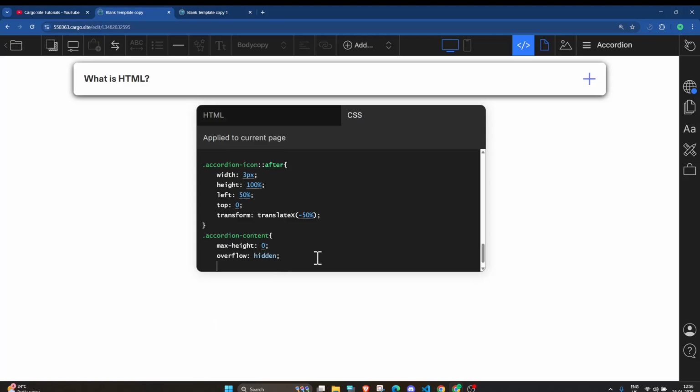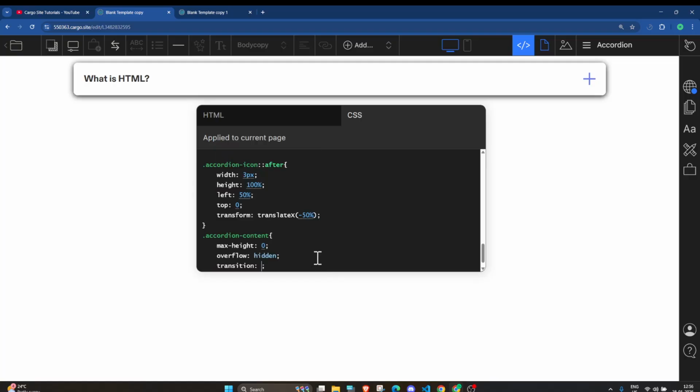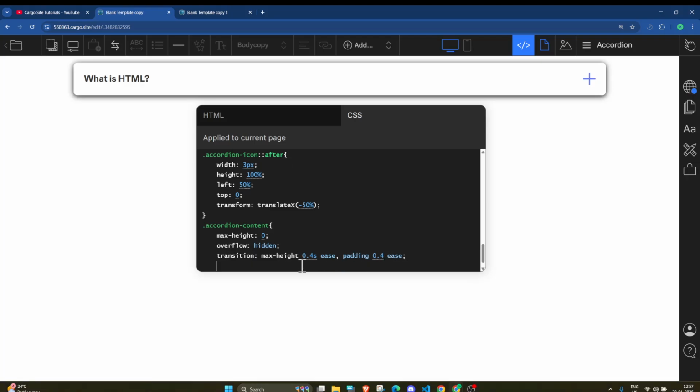Then transition max height. On transition, we are going to change this max height, which is by default 0. We will give the transition timing 0.4 second ease, and also add one more property, padding 0.4 ease. After that we will add a padding 0.20 pixel.